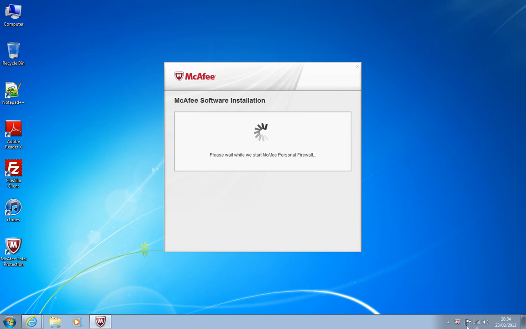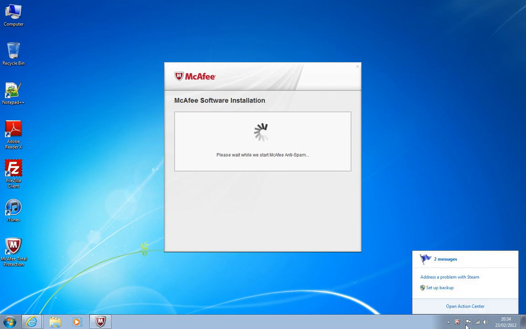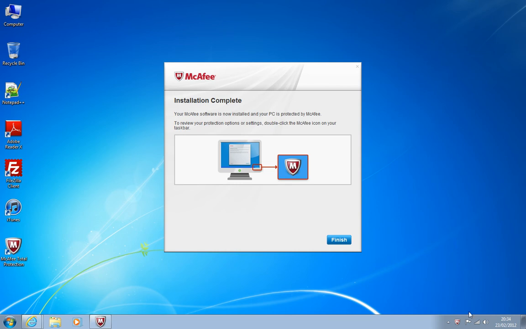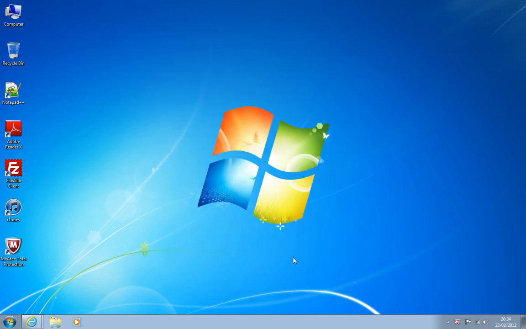Okay, also as you can see, the red little X or cross mark where the flag has gone now, because it's noticed that there is an antivirus program now installed on the PC. And you can also see a little icon there which is showing you on here. The installation's now been complete, so just click Finish. Okay, if you want to see the program, just double click on the icon,